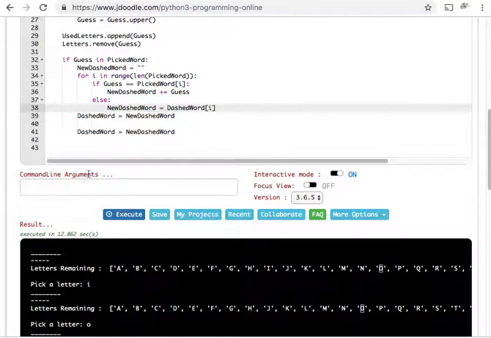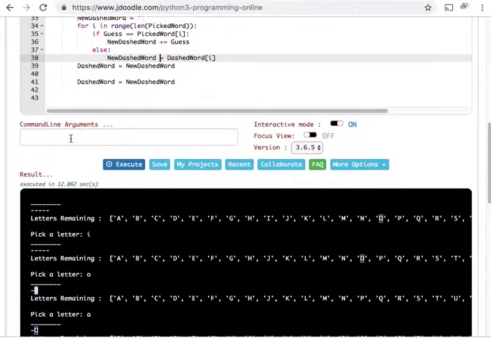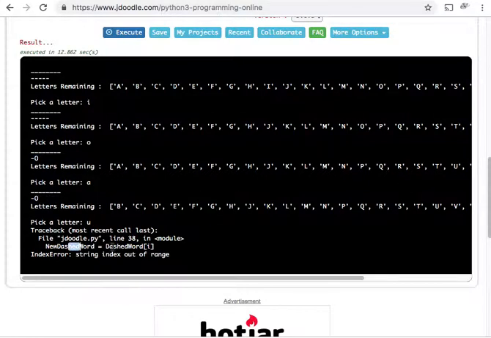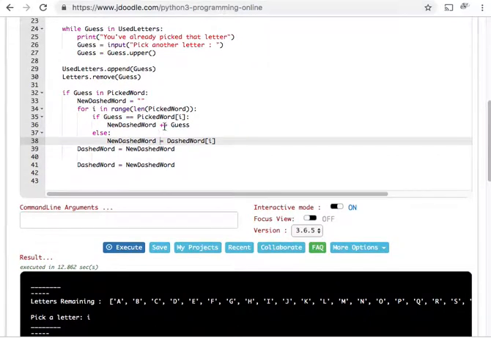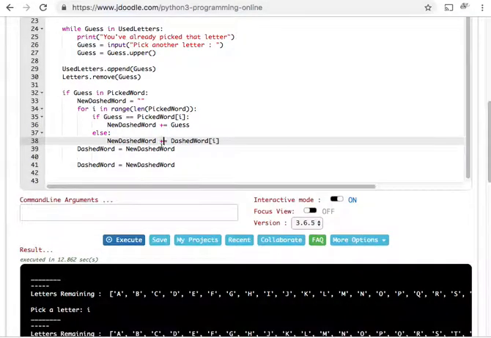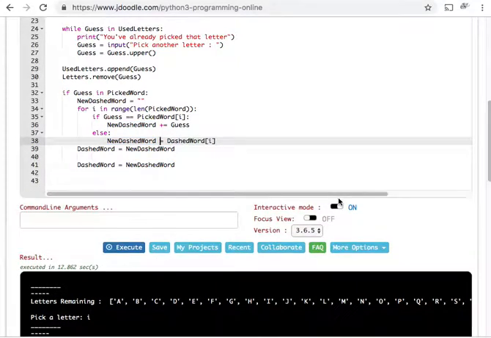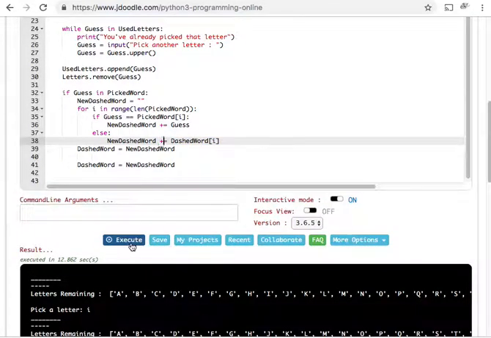So remember where I said 90% of your errors are going to come from typos? The reason why it's outside of the range, and because of this, it only stops here. Take a look at here. I plus equaled here. I only single equaled here. If I do plus equals, I'm essentially saying the new dashed word is itself plus this. Where if I'm just doing this without the plus, it's saying it is now equal specifically to that one individual letter. So, now if I just simply do the plus here,